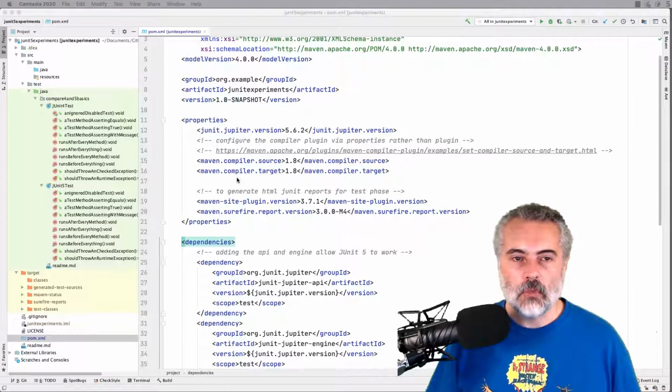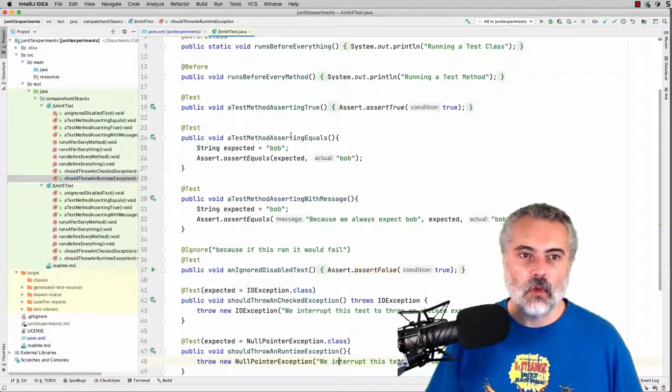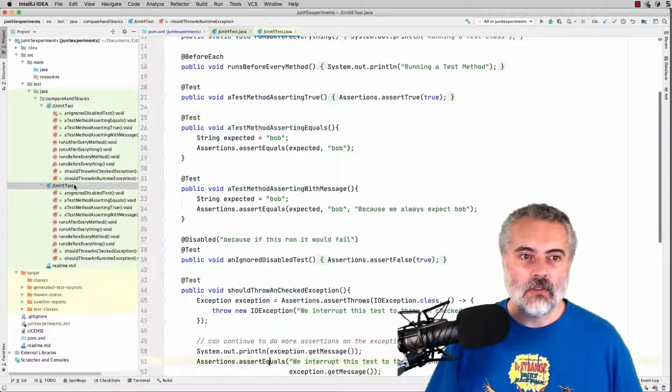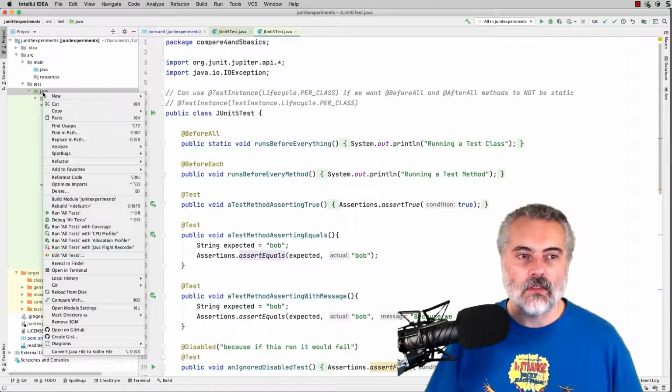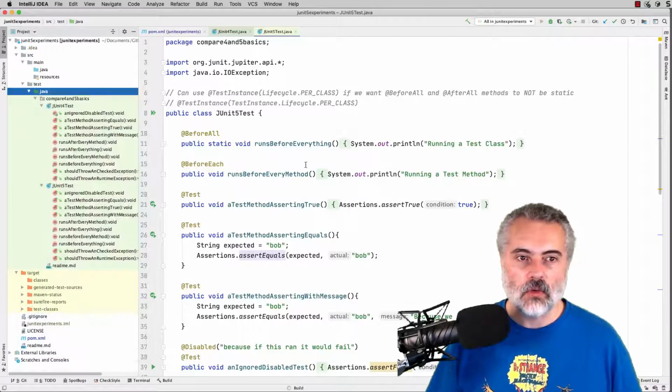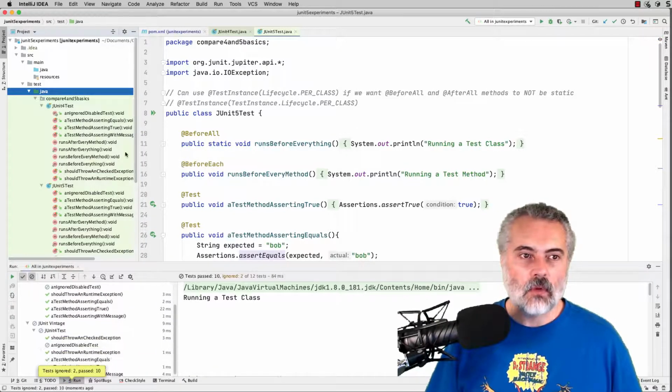So I have got a project here, a Java project, which is using both JUnit 4 and JUnit 5. And I've got both of the tests running from the IDE. If I just run all tests here, then the JUnit 4 tests and the JUnit 5 tests will run. What I can't do yet, and I'm going to do in this video, is get them running from the command